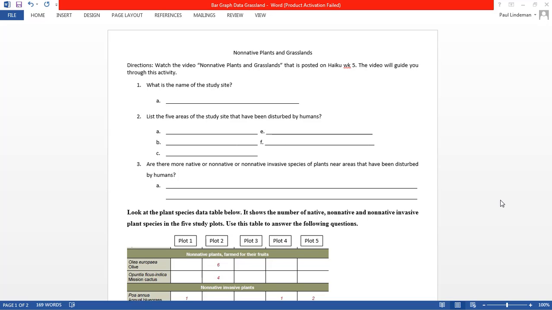Hello. In this video, we're going to be looking at how to make a bar graph for the data table in your assignment on native plants and grasslands. So let's get started on this. So we are making a data table for this